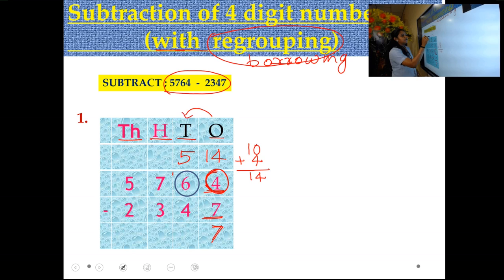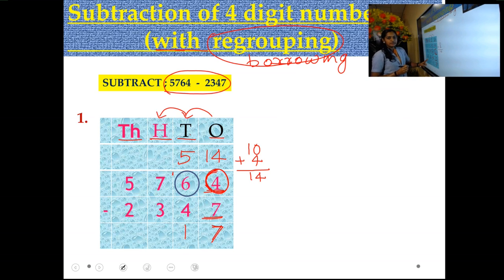Now you have to move to the tens place. Here the new number is 5, and 4 are the numbers in the tens place. 5 in our mind and 4 in our hand. Counting backward from 5: 4, 3, 2, 1. Write down that number in tens place itself. 5 minus 4 is 1. Write down in which place? Tens place.